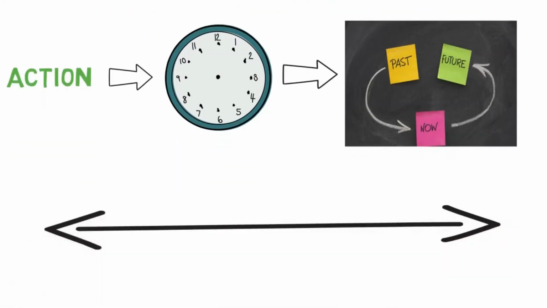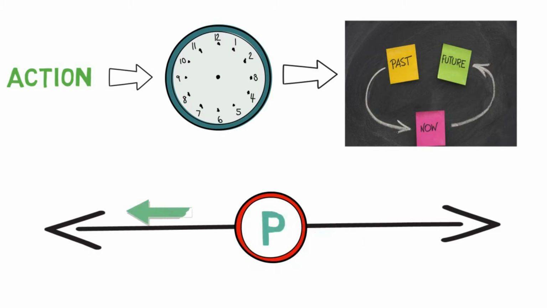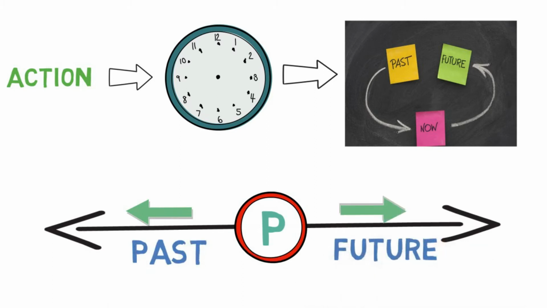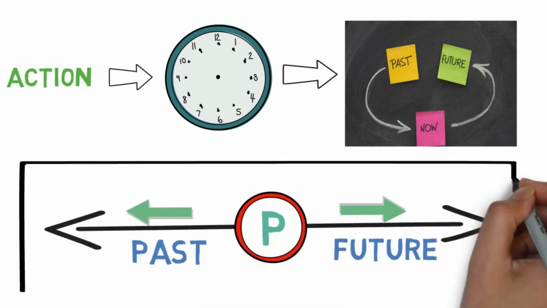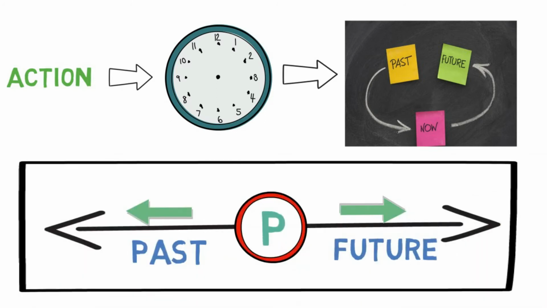Consider this timeline. The circle represents the present time. The line left to the circle is the time which has already passed, and the line right to the circle is the future time. Please understand this timeline properly, as we are going to use this timeline for understanding when any action took place with respect to time.